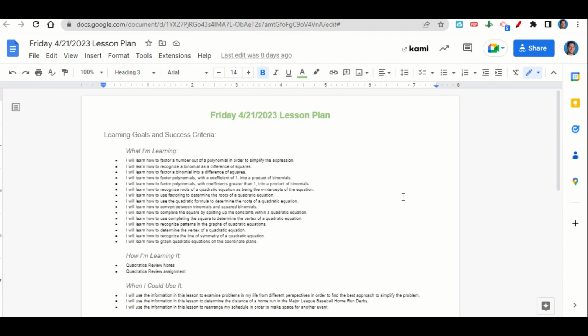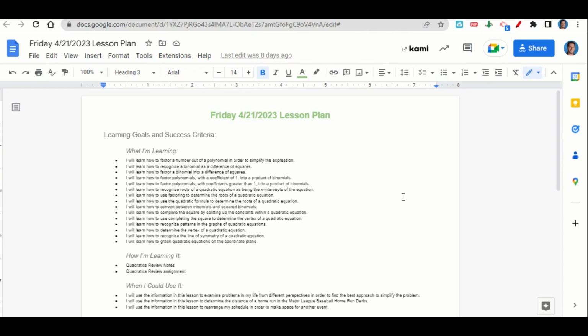into a product of binomials, how to recognize roots of a quadratic equation as being x-intercepts of the equation, how to use factoring to determine the roots of a quadratic equation, how to use the quadratic formula to determine the roots of a quadratic equation, how to convert between trinomials and squared binomials, how to complete the square by splitting up the constants within a quadratic equation, how to use completing the square to determine the vertex of a quadratic